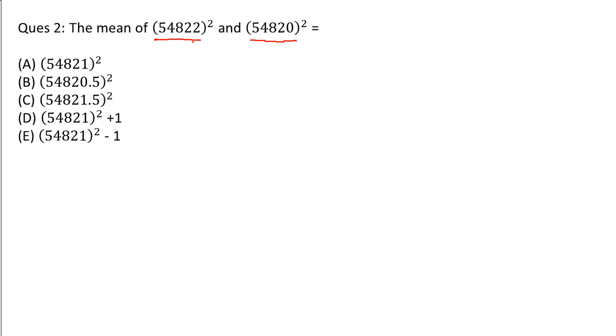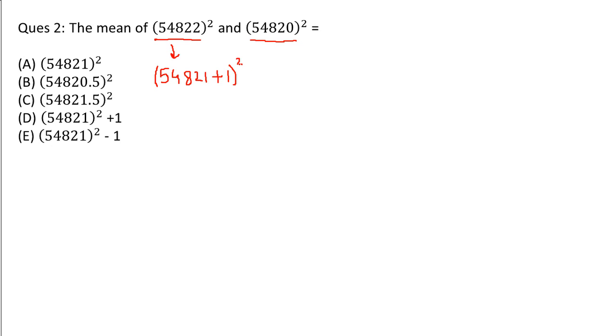54,822 to the power 2. So there must be some trick to solve the question. And the answer choices themselves give me a hint. All the answer choices contain the number 54,821. So clearly, I need to change these numbers into 54,821, and that could be achieved very easily. We can write 54,822 as 54,821 plus 1